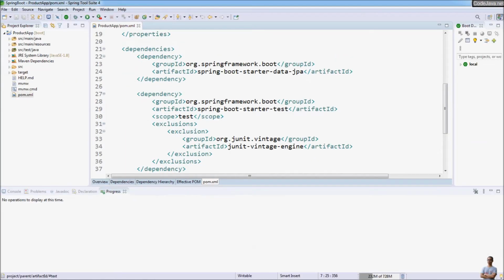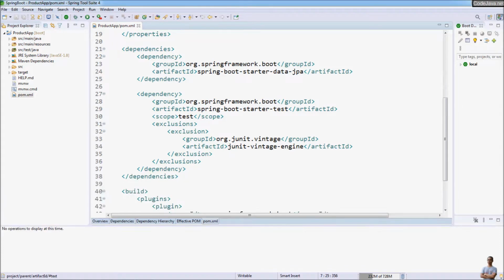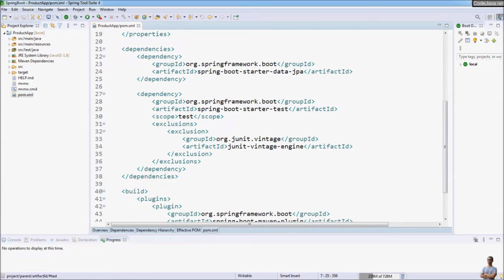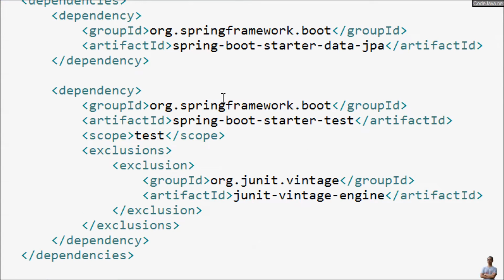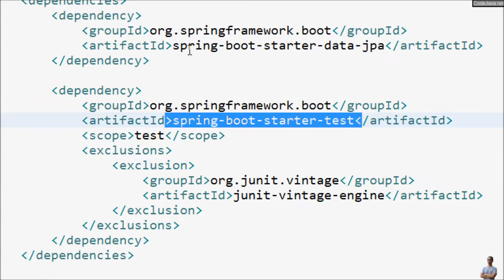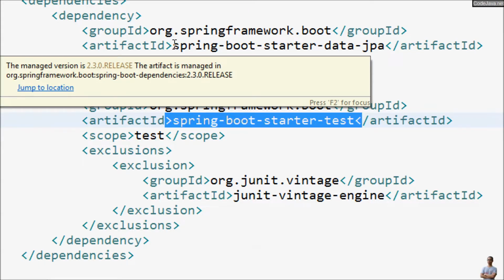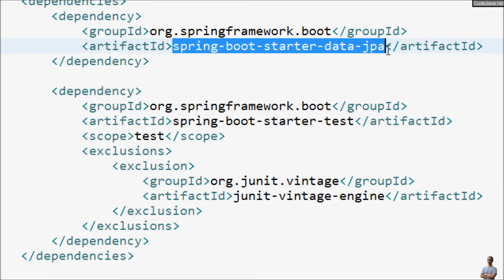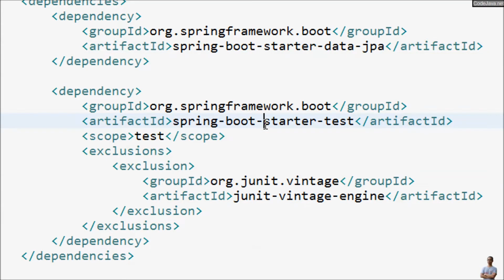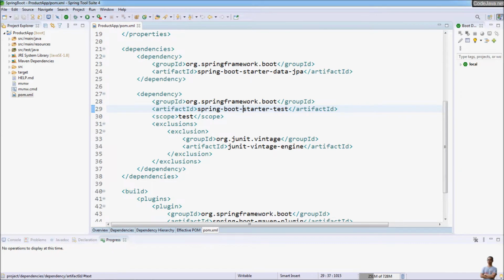And you can see by default Spring Boot automatically includes the dependency for test. You see Spring Boot starter test. And to use Spring Data JPA, we need to use a dependency Spring Boot Starter Data JPA. And now let's